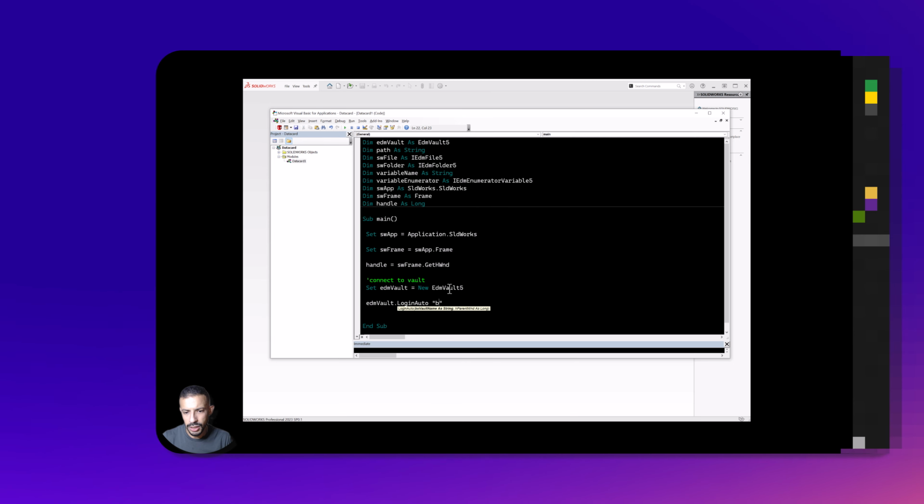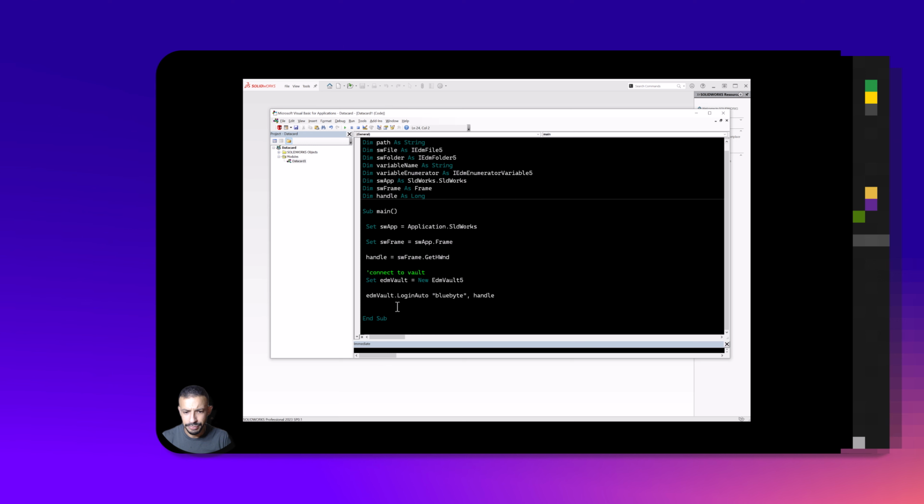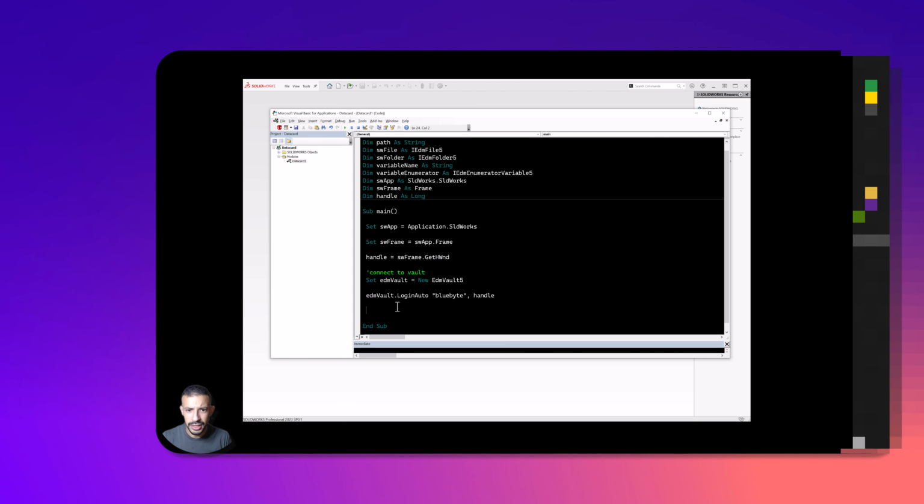I need to do that, so I'll just specify my vault name here, my local vault Blue Byte, and then specify the handle, and this will automatically log us into PDM. And then once we're logged in, we can go and get the